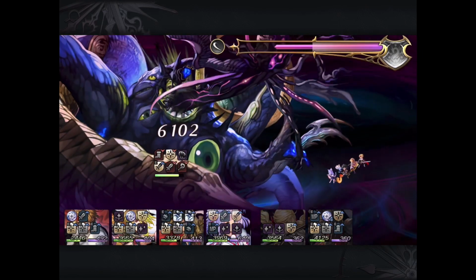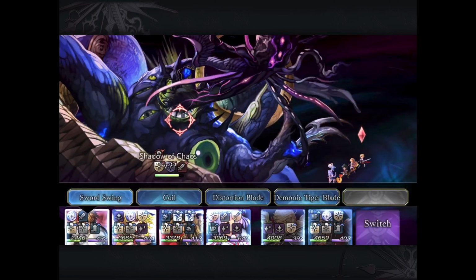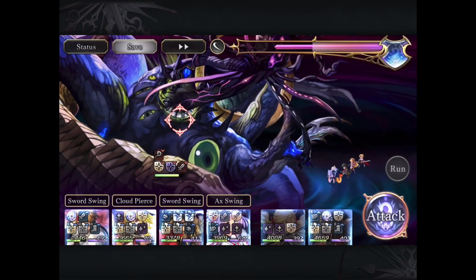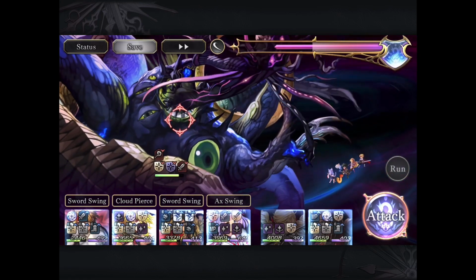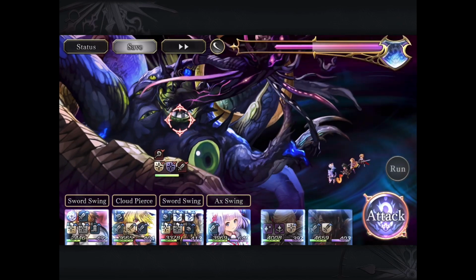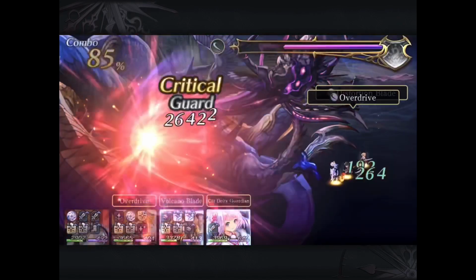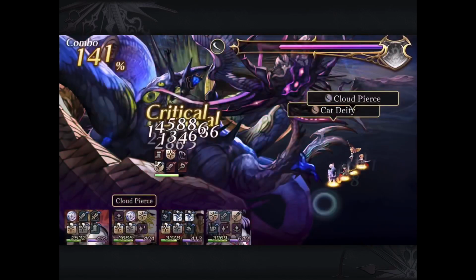Alright, so again, you can see that it's rotating through the different elements, and the damage, when mitigated, is definitely less than 2,000, and so you have the Cloud Pierce end of turn healing because we're doing all non-elemental attacks. Remember that Cloud Pierce does an end of turn move depending on what kind of elements you're using, and in this case we're doing a completely non-elemental